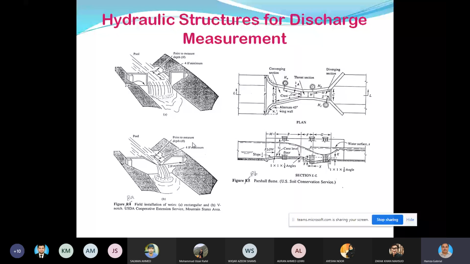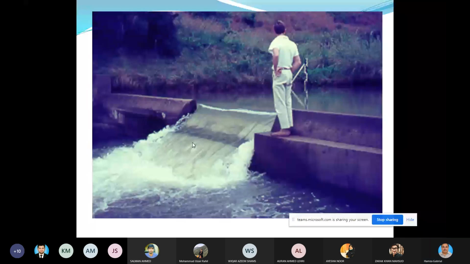So here is a photograph of a weir, a rectangular weir. So you see that it is a permanent hydraulic structure, and you can measure the discharge by just measuring the head upstream, and with the help of a formula like Q is equal to CD H to the power 3 by 2, you must have studied this in your BSc classes. So the formulas for different types of weirs, the rectangular or the V notches. So simply you have to measure the head upstream, and just substituting the value of head in the formula, you can determine the discharge.